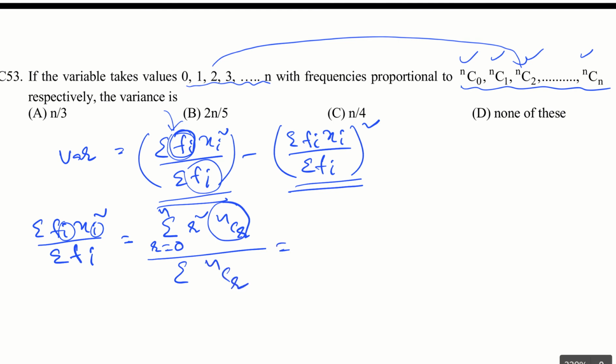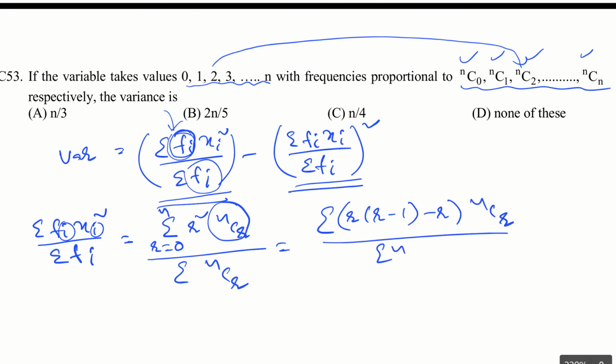Okay, so now we know how to deal with this. The numerator is nothing but sigma, we write r square as r into r minus 1 plus r into nCr by sigma nCr. We know sigma nCr in the denominator is nothing but 2 power n, and for the numerator it will be